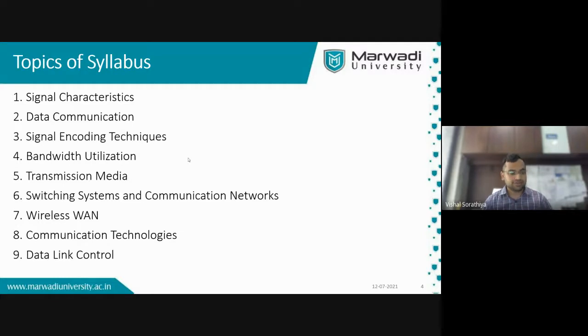The first topic is signal characteristics, in which you are going to learn the basic fundamentals of different signals. There are two types of signal that we generally categorize: analog and digital. Whatever real-time end-to-end communication we are doing is analog.